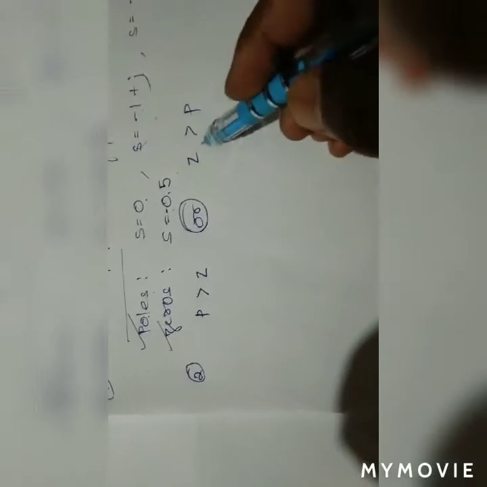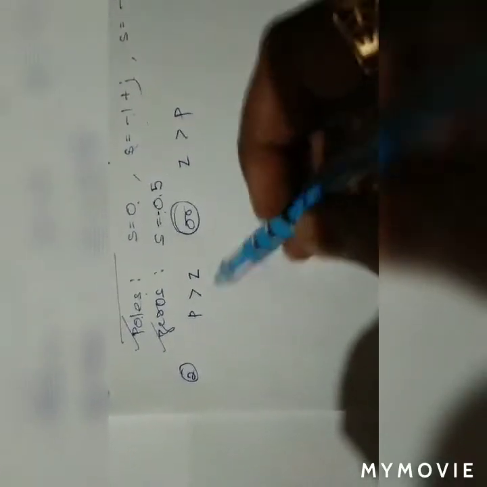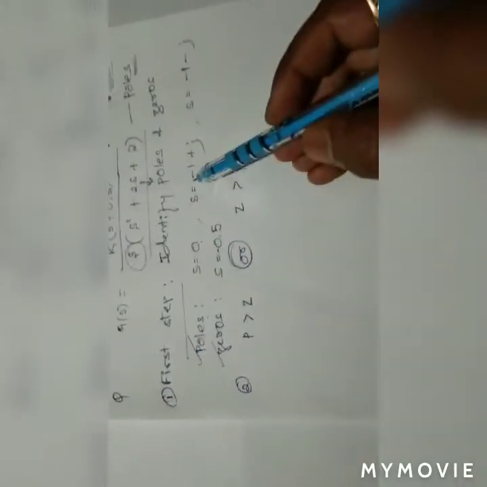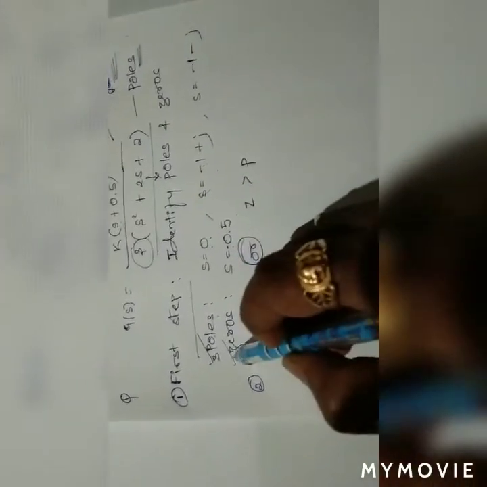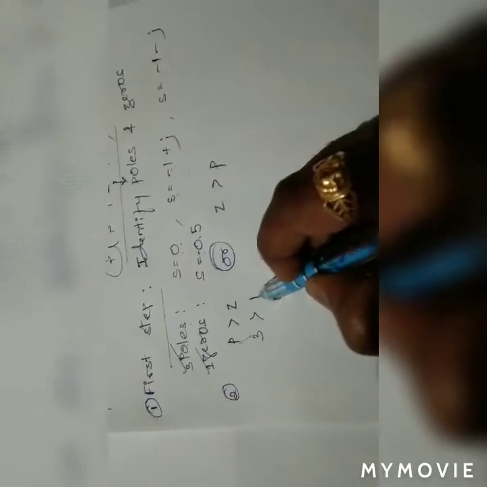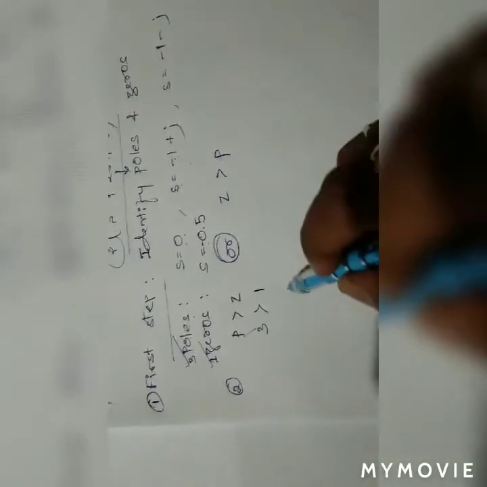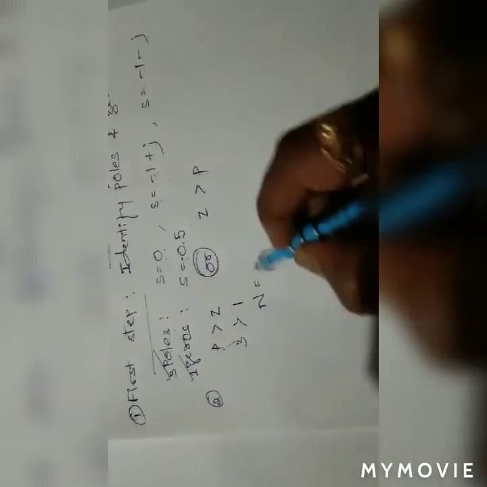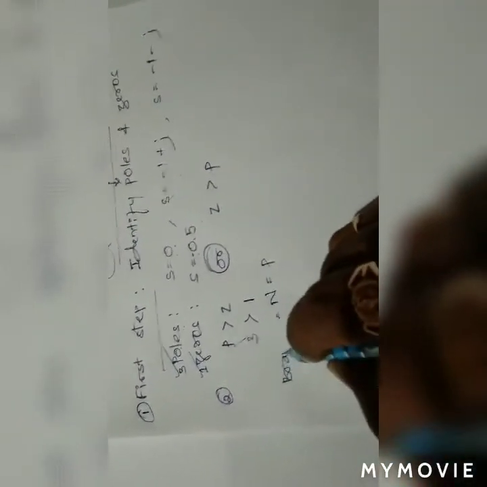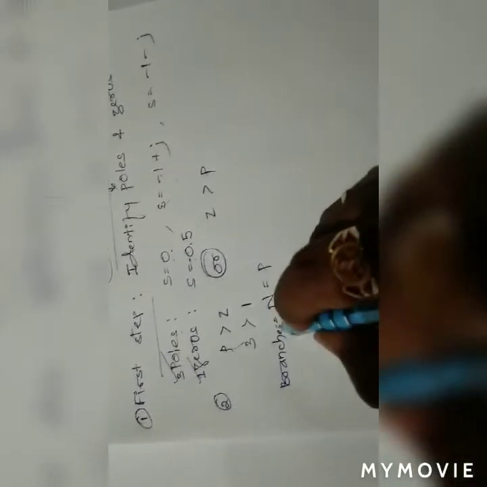So this is the first step. Whether P is greater than Z or Z is greater than P. P means poles, Z means zeros. Yes, we can see we are having 3 poles, so I will write 3 here. Zeros, we are having 1. So poles 3 is greater than 1. Which one will be greater? That many number of n, where n is the branches in the root locus graph.